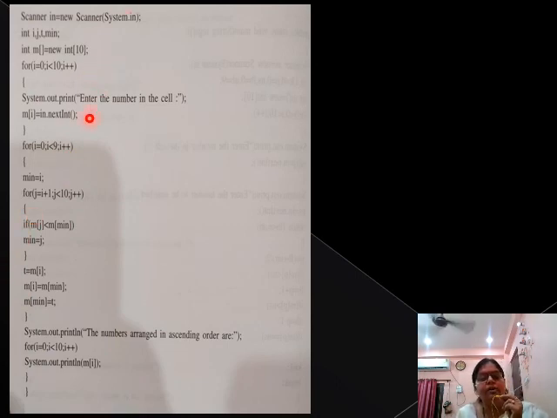Write it down very neatly in your copy. I am sending it in PDF form; each and every portion, except the steps that are given, you do not have to write down in your register. You have to write down the theory portion and this program in your class registers.